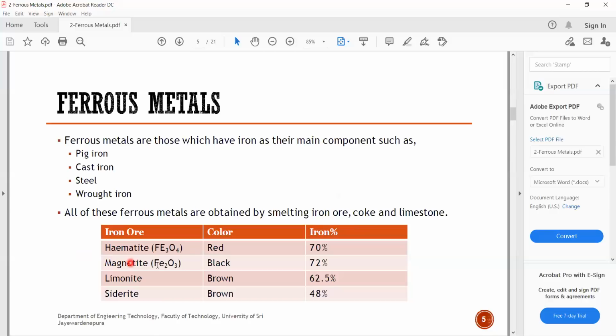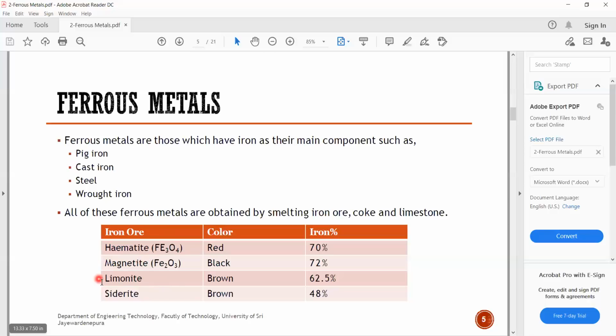There are different iron ores available: hematite, magnetite, limonite, siderite. But these all contain these ferrous metals, right? So these are available as they are in the earth. So if you want ferrous metal for your purpose, what the manufacturing people are doing is